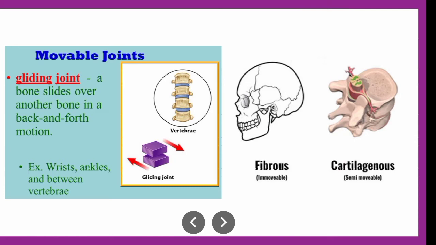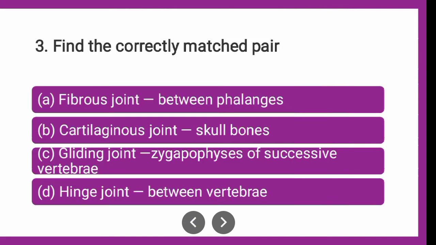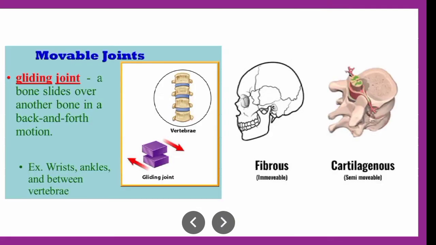In question 1 we have just now seen that hyaline cartilage is there. So the remaining option, which is C, that is gliding joint between the zygapophyses of successive vertebrae. Like here you can see the zygapophysial axis. It is nothing but these blue colored lines, the stripes, the distance between the two vertebrae. It is nothing but the zygapophysial axis, which is on the lateral side.